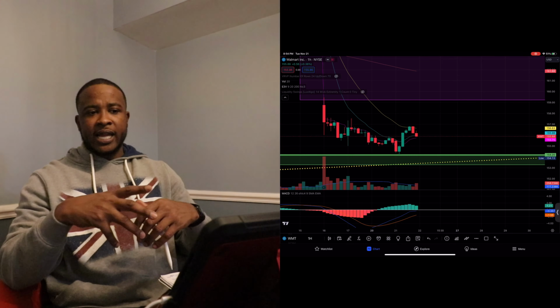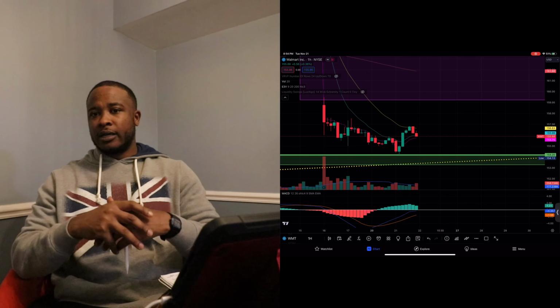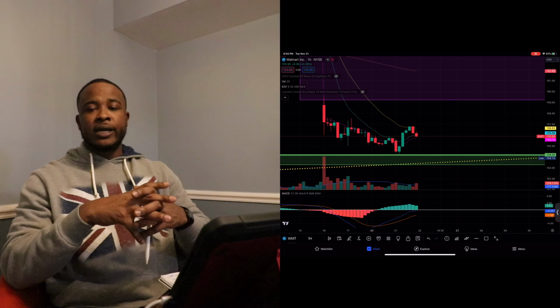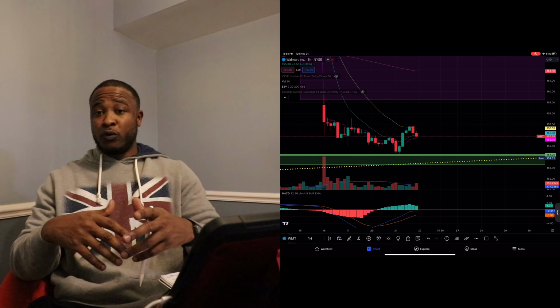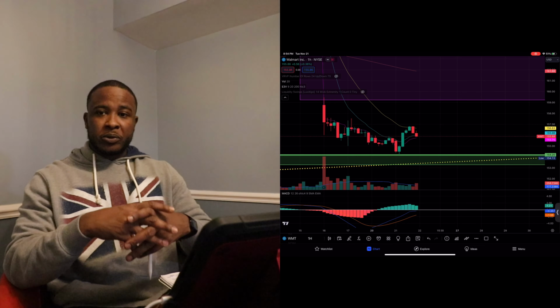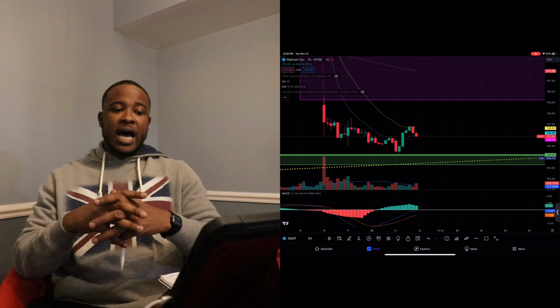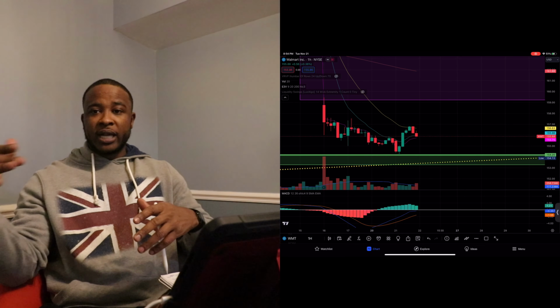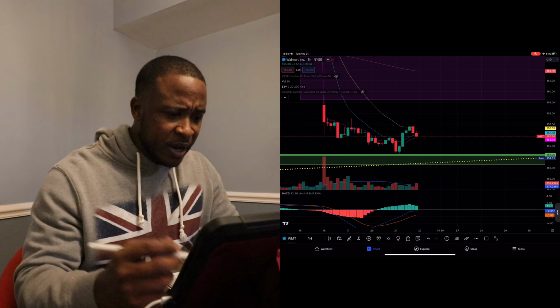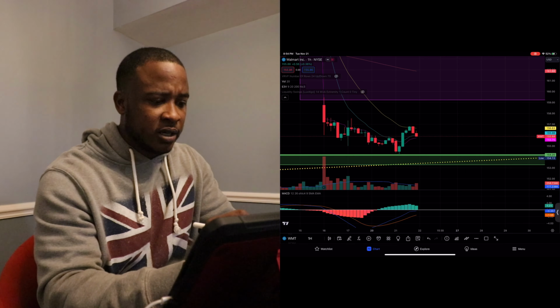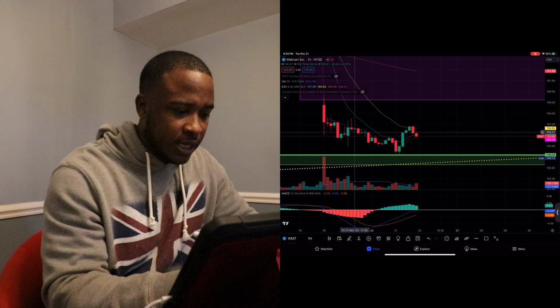It's no different from finding a head and shoulders pattern starting to form on a 1-minute chart versus a head and shoulders forming on a 4-hour chart. On that 4-hour chart, you're going to see a lot of price action taking place versus on that 1-minute chart. So with that being said, on this 1-hour chart right here, zoomed out,